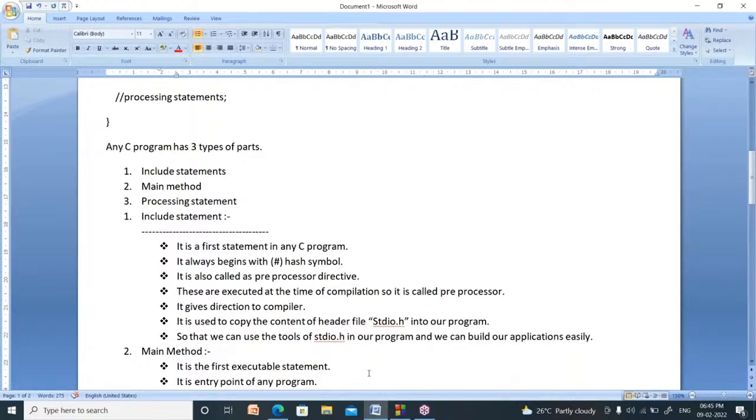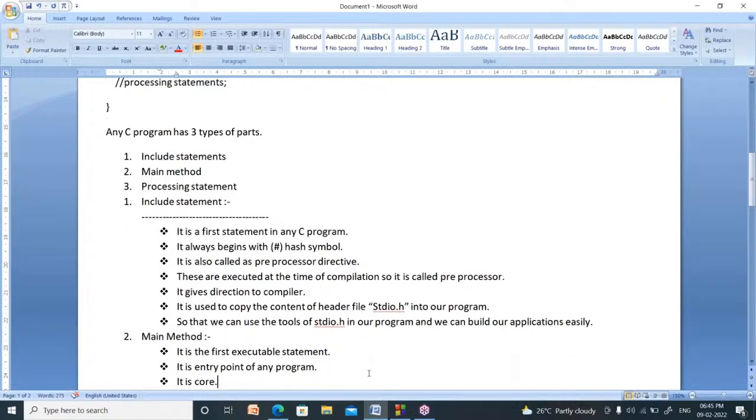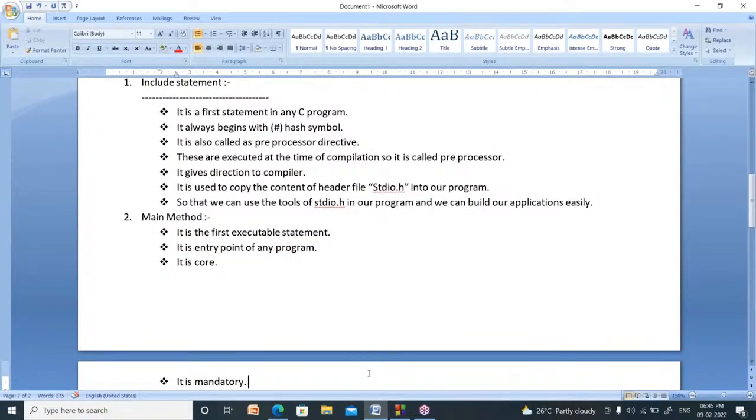Any C program has three parts: include statements, main method, processing statements. What is the meaning of an include statement? It is the first statement in any C program. It always begins with a hash symbol.